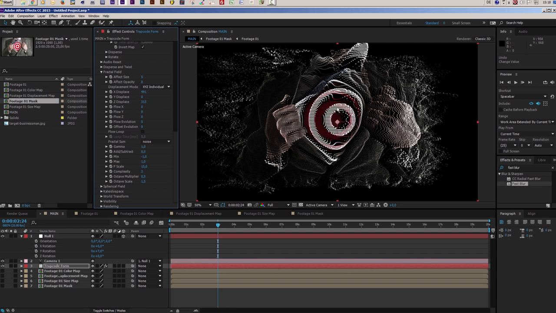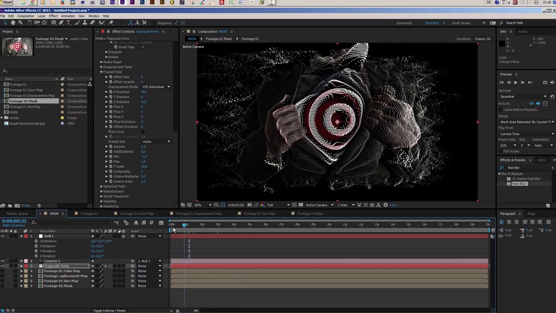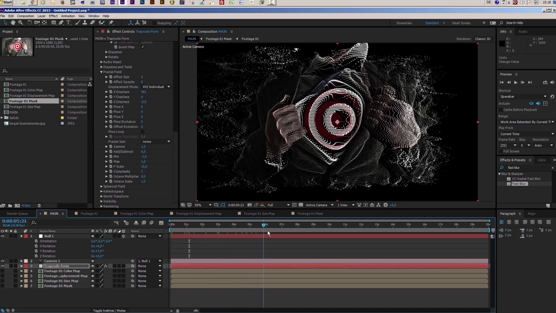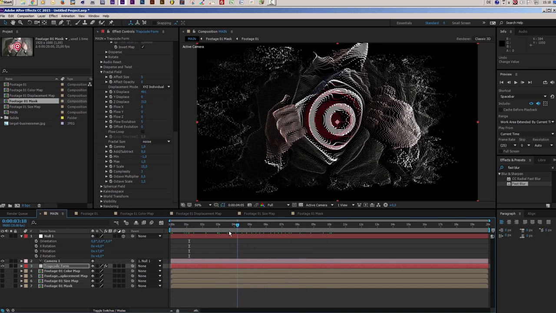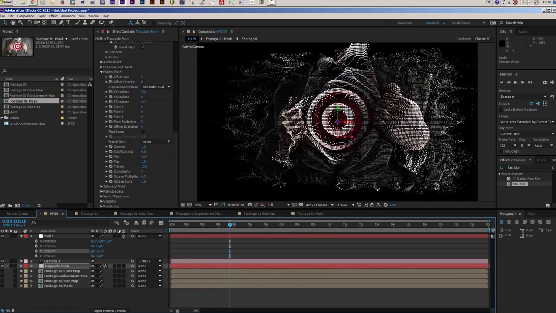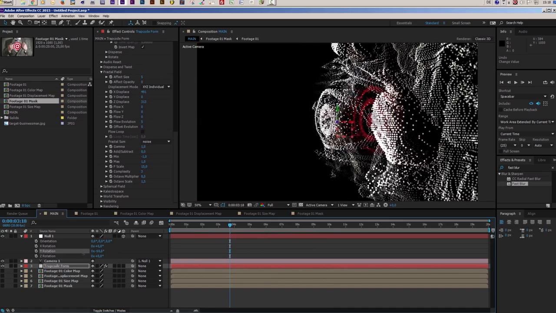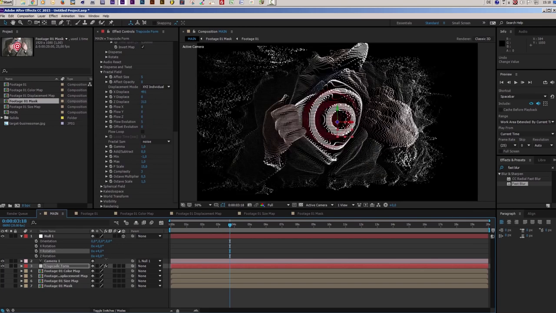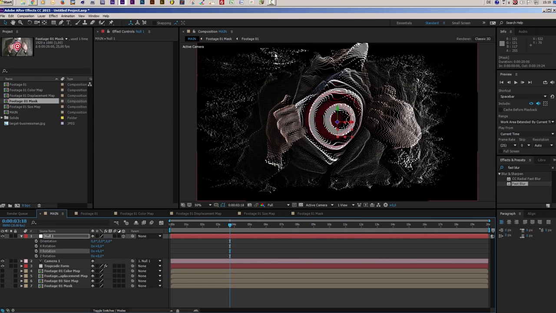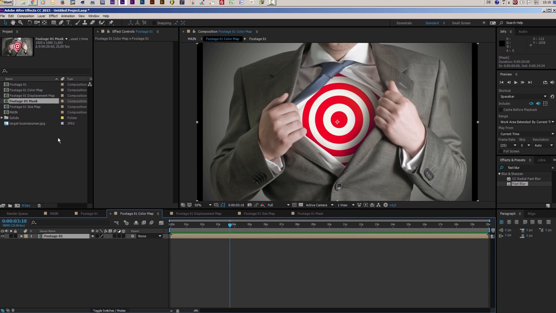Yeah, I'm satisfied with this look. Okay, so you see we have a slight motion going on here. It's not too harsh, I think. And we have this really cool displacement of our border particles. If you want to change the amount of visible distorted particles, you can go into our color map and drag